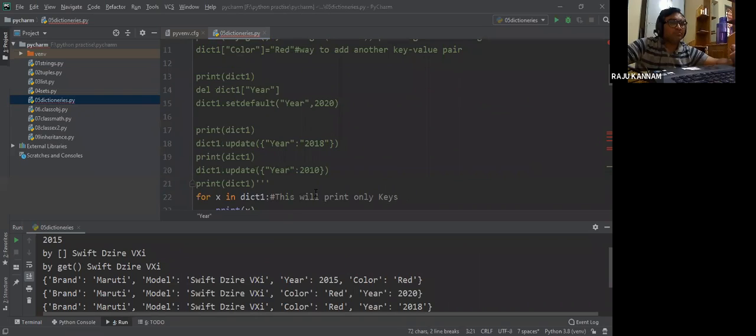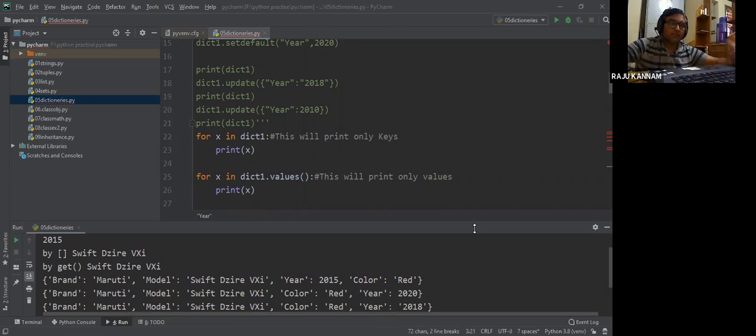Now I want to print each and every key value. Like what we did in other collections, that is tuple, list, and sets, where by using a for loop we printed each and every element separately in a separate line, in the same way I want to print each element separately in every line.